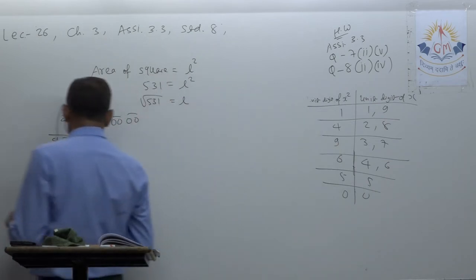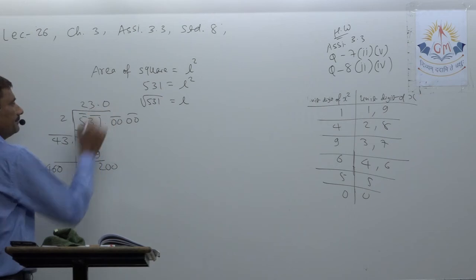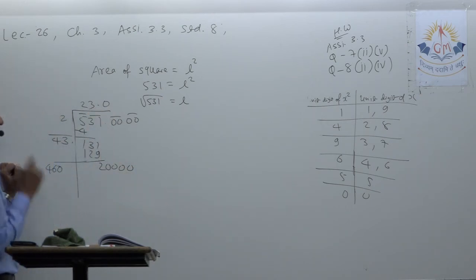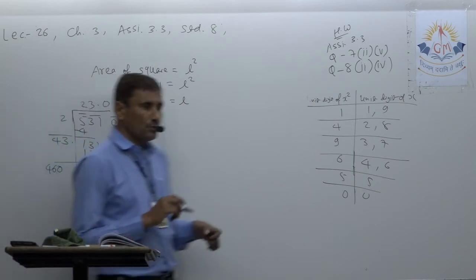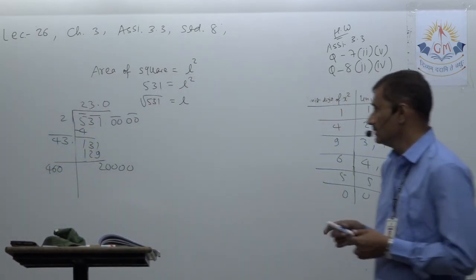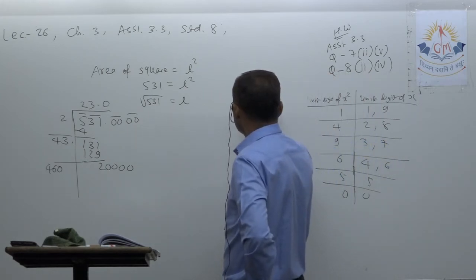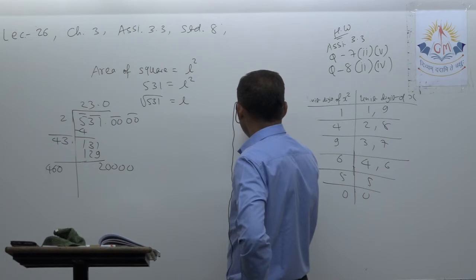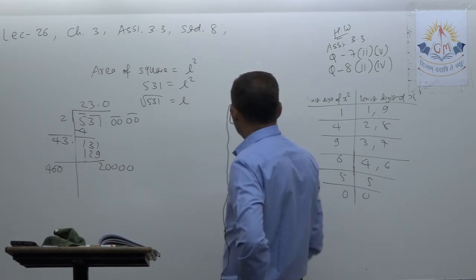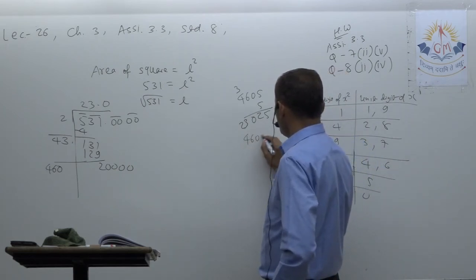But before getting the second pair here, write down 1 extra 0 here and there. Then only get the second pair. So now you should consider 4601 into 1, 4602 into 2 like that. So I jump directly to 4605 into 5. Let's see how much it is. It is quite more. So stop at 4604 into 4.